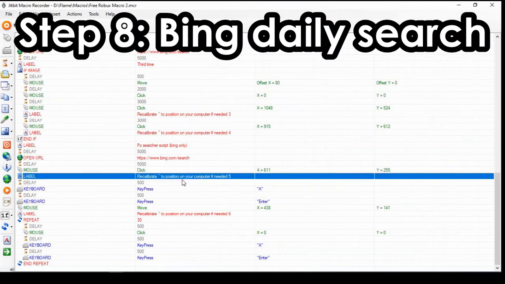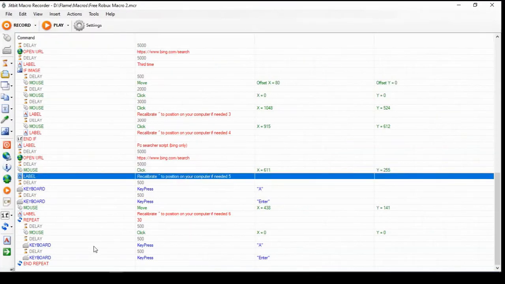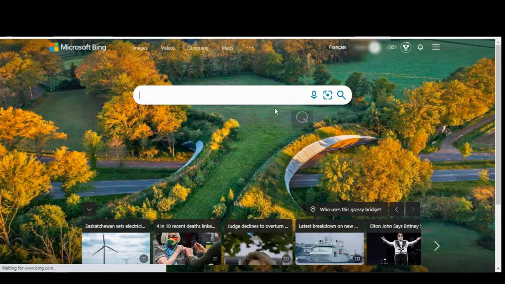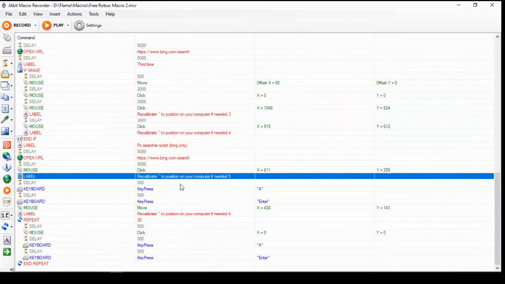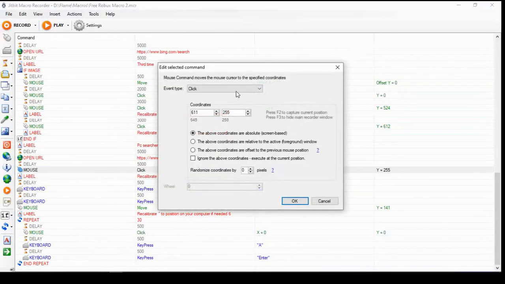So the next one is needed 5. This one is the default search in the Bing. What you can do is go back to this page, and you'll see there's a search bar in the middle. Do the finger trick again, put your mouse in the middle, go back to the macro, open it up, put your mouse back, and then press